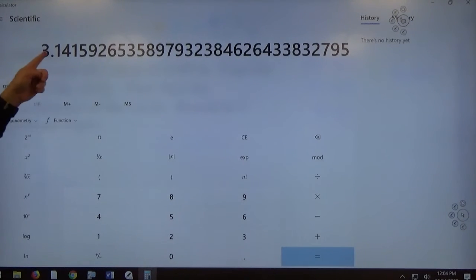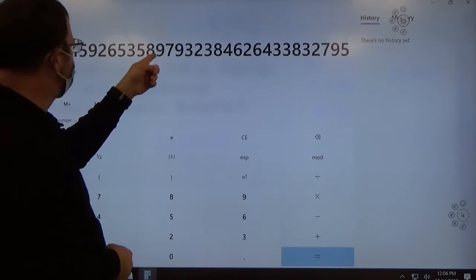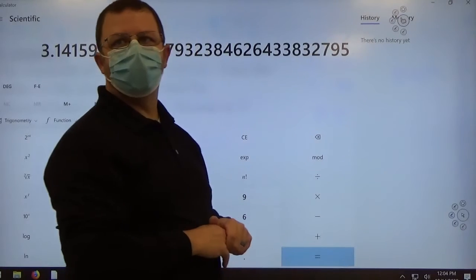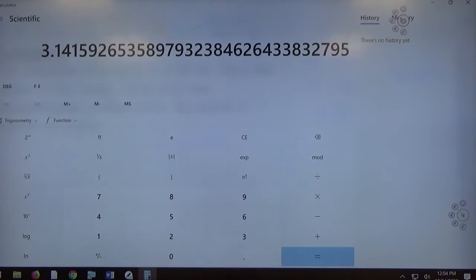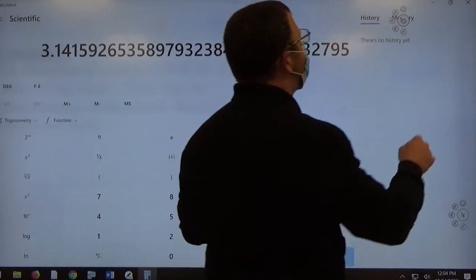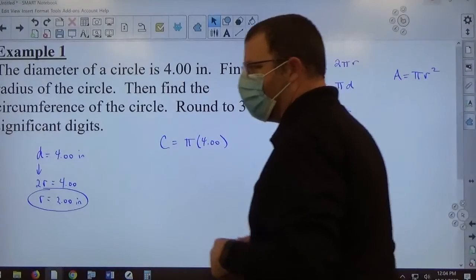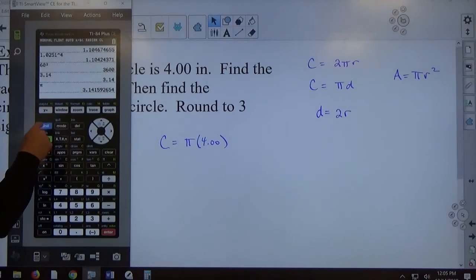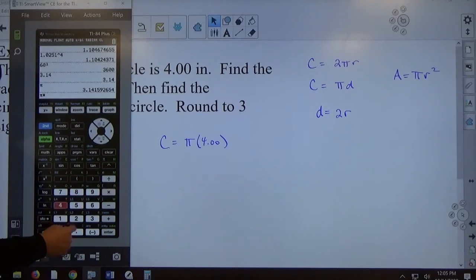Again, that's 31 digits of pi there, 31 decimal places. But again, pi goes on forever and ever. There is no pattern to the digits. Certain mathematicians have theorized that maybe there are some patterns, but they can't ever find a pattern in those digits of pi. So if I'm using the pi button on my calculator and I type in pi times 4.00 equals,